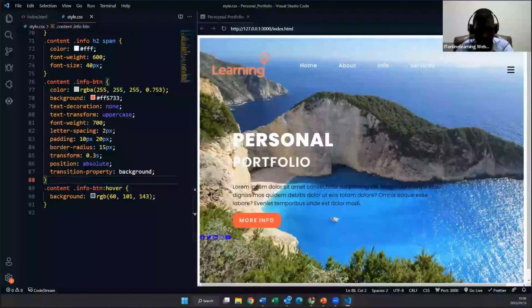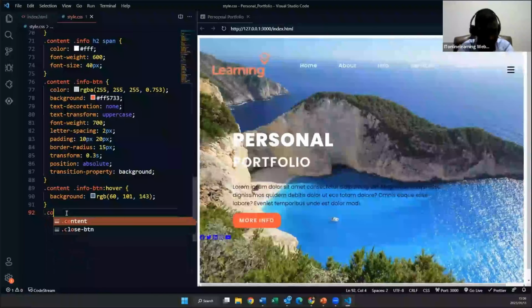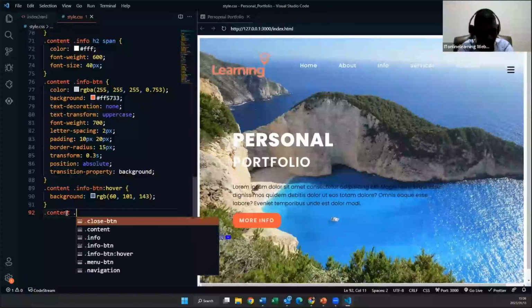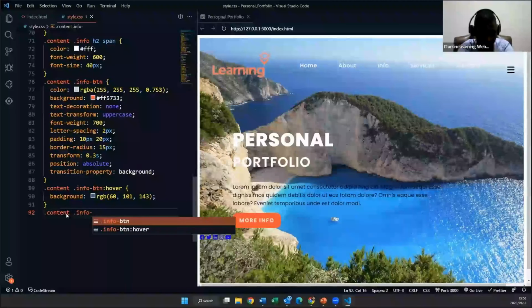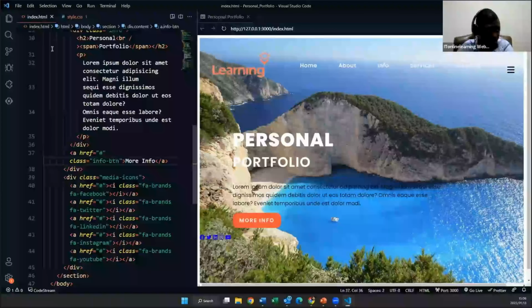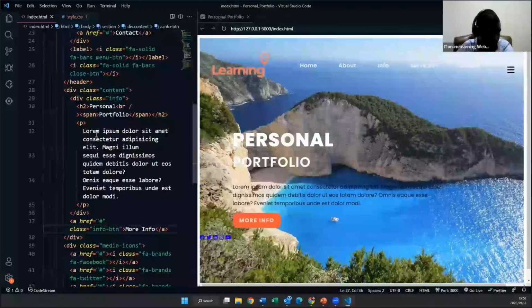So then we go to the link itself, content .info, and info button. Okay, .info, but this should just be info, I think. Let's see. We're looking at these links. I mean, not these ones. Info,